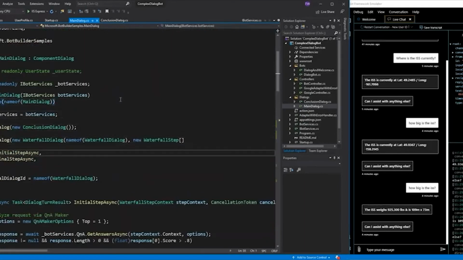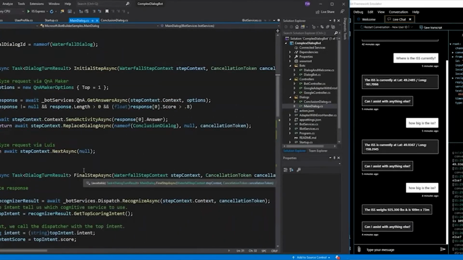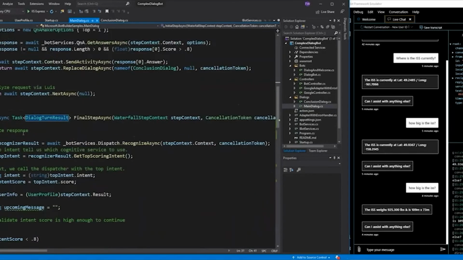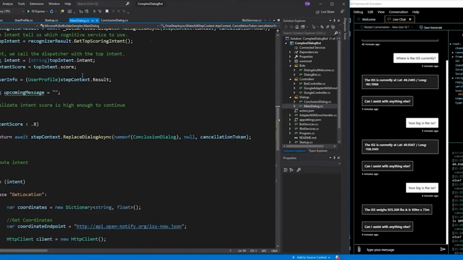And these steps are declared at the top of our code here in the dialog. When we add a new dialog, we need a new waterfall dialog, and we add these steps to initial step async and final step async. And you can name these whatever you like, you just have to make sure they match the name of your actual step. So once it drops through from the next async to the Luis, it's going to call Luis here